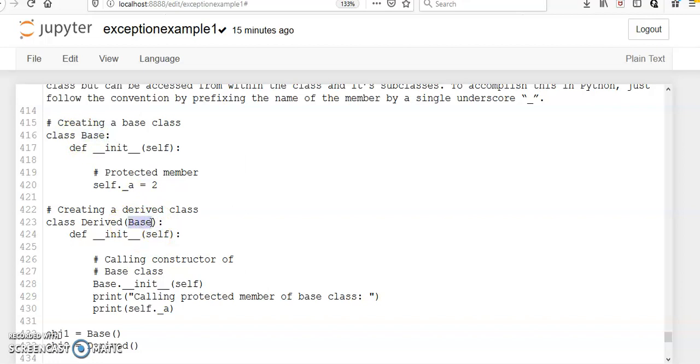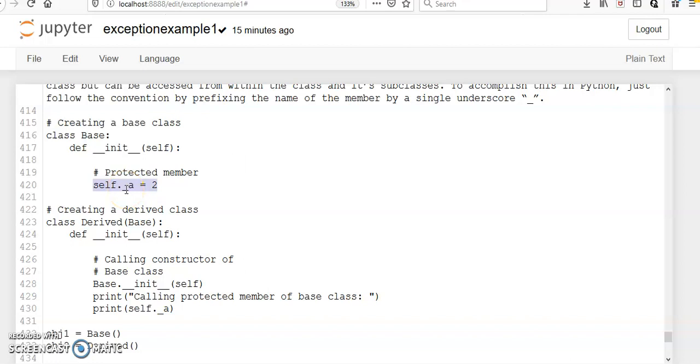Don't forget, a derived class should have its base class name within its brackets, right? Here I have represented a variable, self._a equal to 2. Why have I represented it as self._a equal to 2? Because it is a protected member.